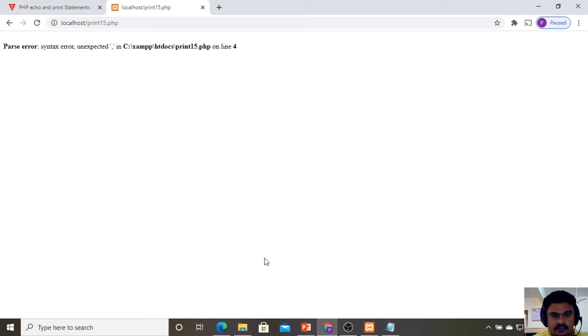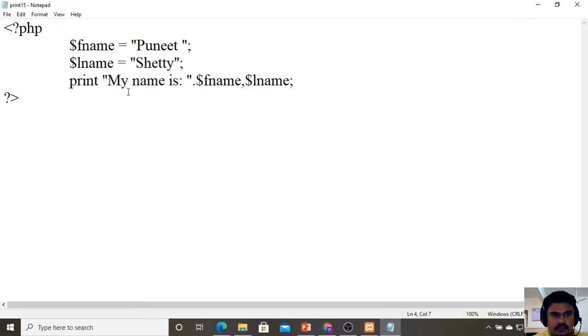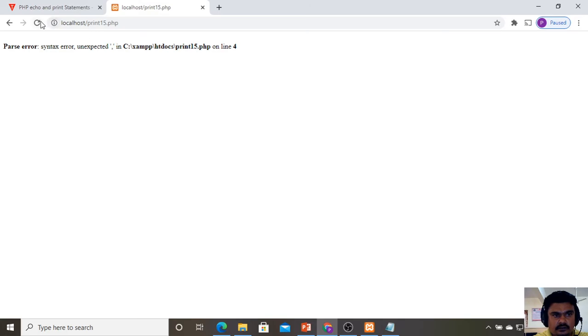So instead, if I edit the same with echo, I am not going to change the file name, I am just going to save it and override it, then refresh. I hope you are getting the output. With echo I am getting the output, my name is Puneet Shetty.